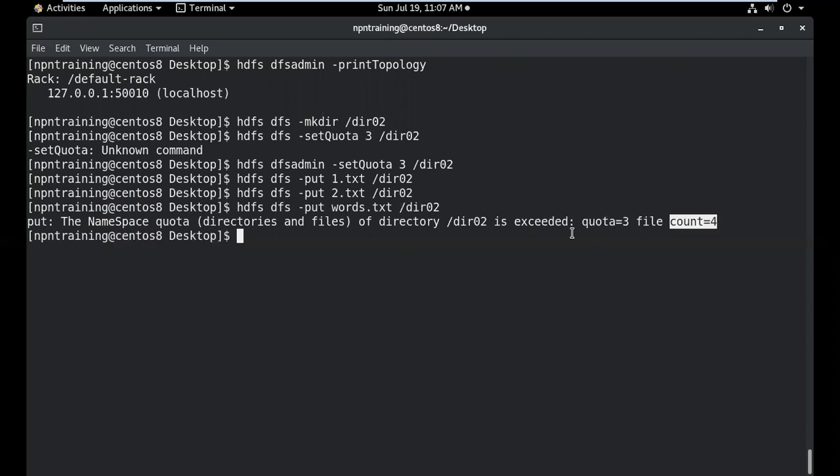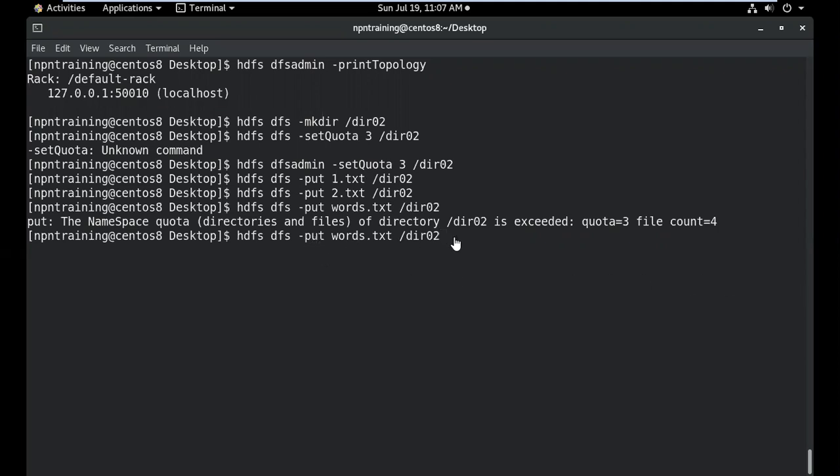Because you'll have hidden entries, one is dot and dot dot, so you'll have 2 extra things. So it clearly says that you can set the quota to a particular value. This is very important. In real time, you'll have several thousands, more than 10,000 files. Beyond that, the directory will not allow you to store more files into that particular directory. That is the concept of quota here. Again, if you want to clear the quota, you have a set of commands where you can clear the quota.